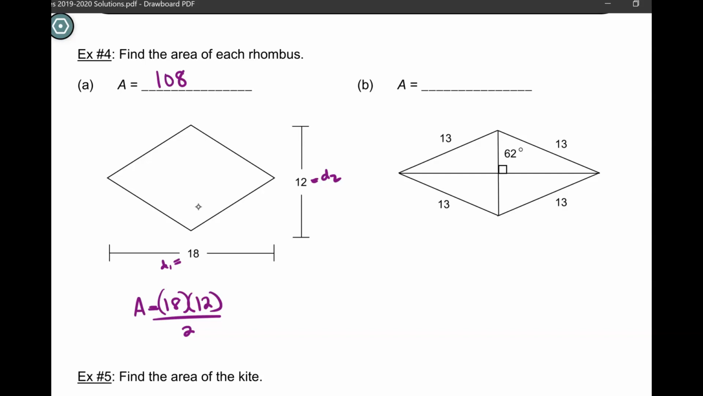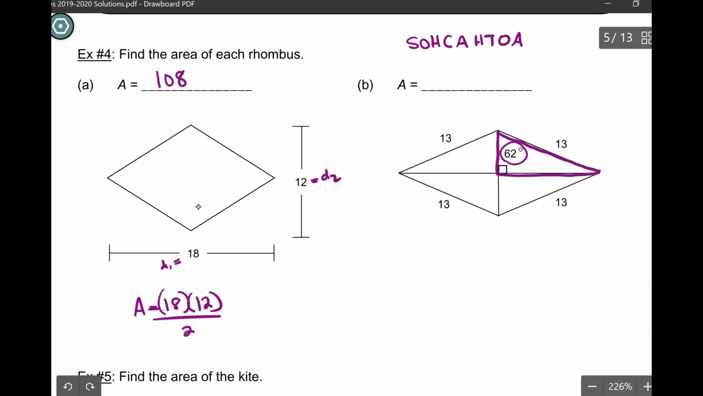And then for B, all right, I don't know the length of either diagonal, but I see that I have a 62-degree angle and the sides are labeled as 13. So I'm thinking of SOHCAHTOA. Okay, so if I focus on just one of these triangles here, and I want to find, let's say, this side, and this side. So I'll label X and Y, because then we can just double it, and that will give us the length of the diagonals. So let's find X first. In relation to 62 degrees, X is the opposite, 13 is the hypotenuse, so we have to use sine. So we'll have sine of 62 equals X over 13,